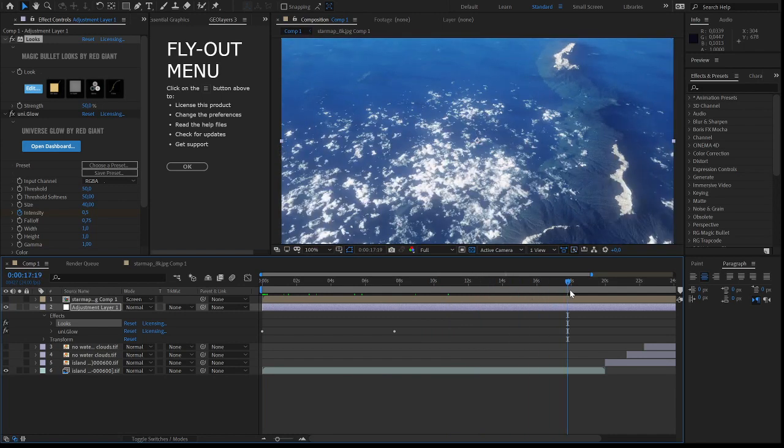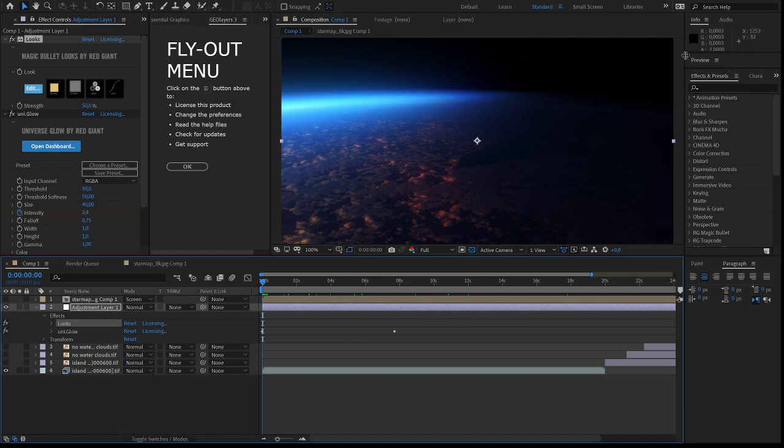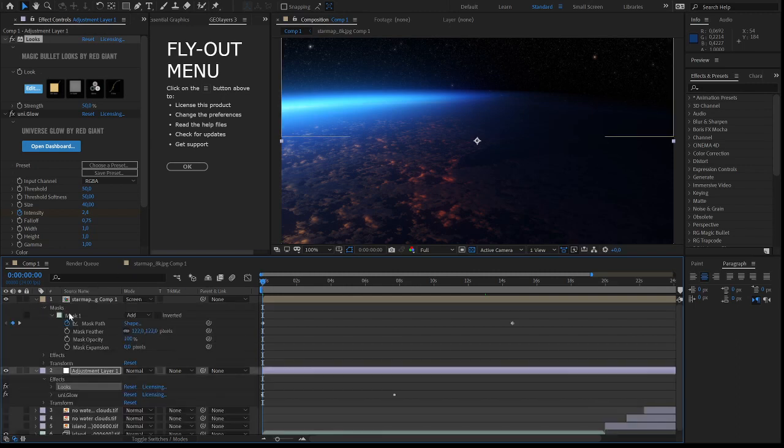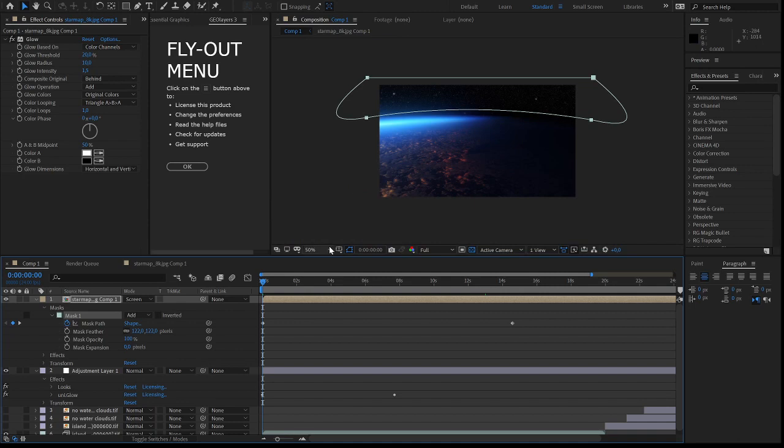The last thing I did was I didn't like this completely empty background here, so I added a few stars to it. This is in fact a star map environment, which I usually use for my space scenes, and I placed a mask, which I then animated.